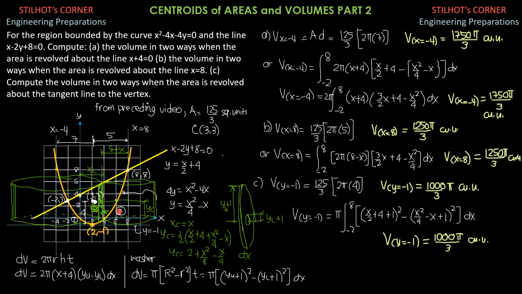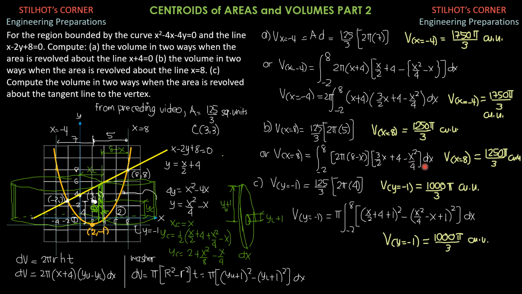The alternate solution would be volume by integration. It's the same cylindrical shell here. The radius of revolution is 8 minus x. So it is the integral from negative 2 to 8 of 2 pi times the radius of revolution, 8 minus x. That's the length of the rectangular plate, the base, the circumference. Then upper y minus lower y is the height. From the preceding simplification, it is this, so we just copy it here, dx.